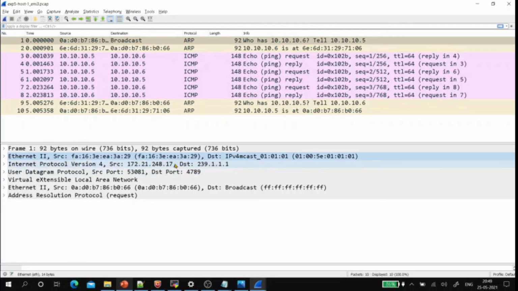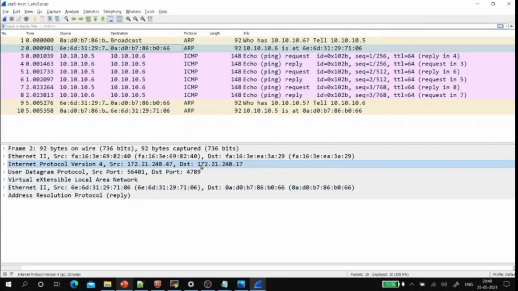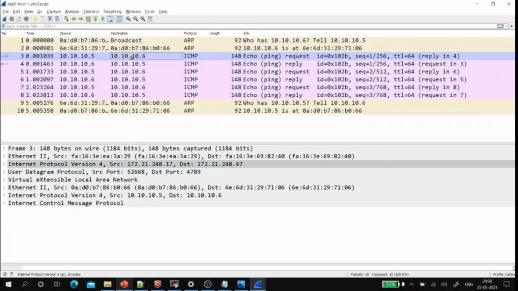So once this packet reaches host 2, the next packet immediately will be a unicast packet. Only the first packet will be a multicast to identify the other end. When he replies, it is a unicast. See here, source is 47 to 17. From here on, every packet will be a unicast packet.